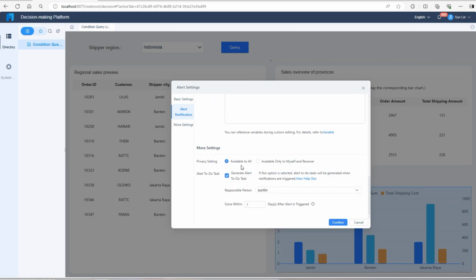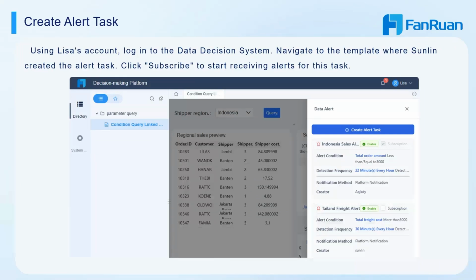Privacy setting checkbox select Everyone can see. Tick the box of claiming to be an early alert to-do task. The responsible person of the alert to-do task is Sunlin. You need to solve the corresponding task within 1 day. Click OK. After completing the creation of the alert task,